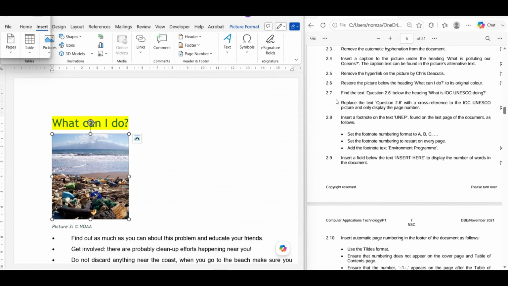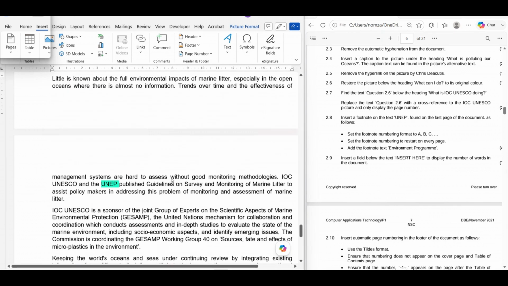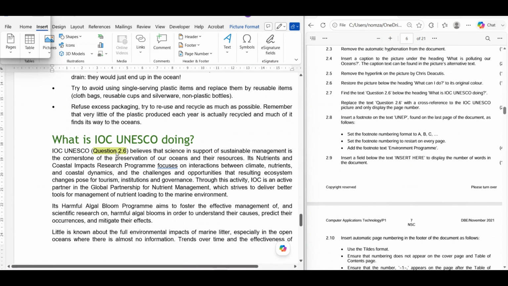Question 2.7 says, find the text question 2.6 below the heading, what is IOC UNESCO doing? And replace the text question 2.6 with a cross-reference to the IOC UNESCO picture, and only display the page number. So we're going to go and look for the heading. And then they say we should replace this text